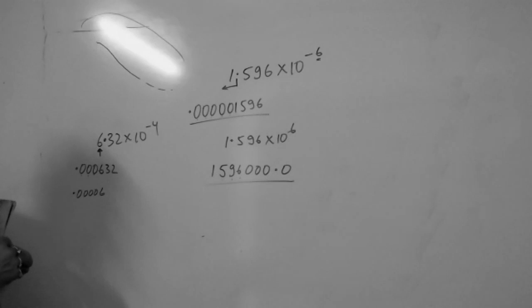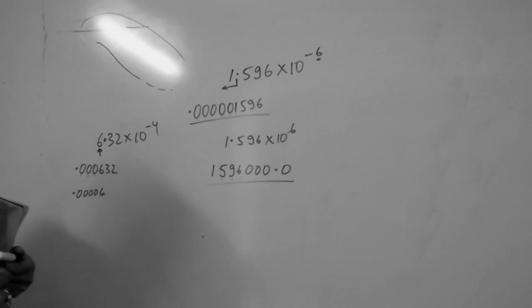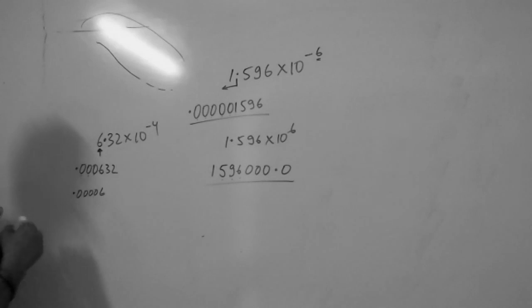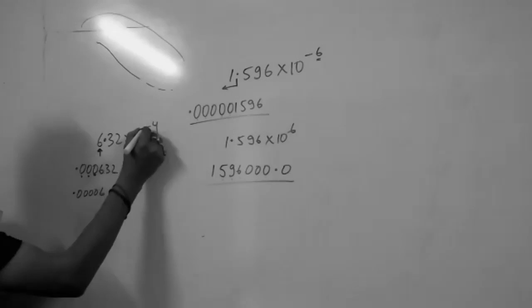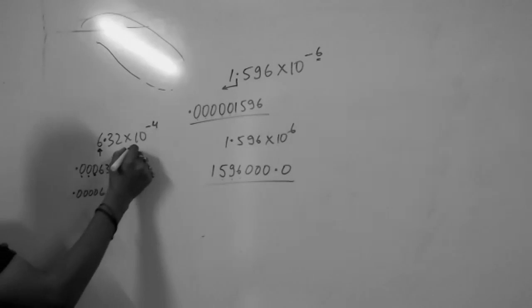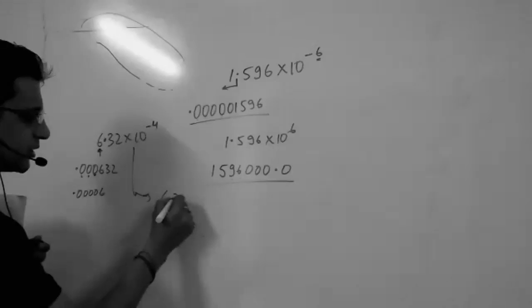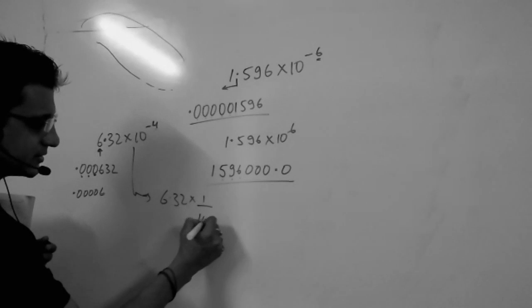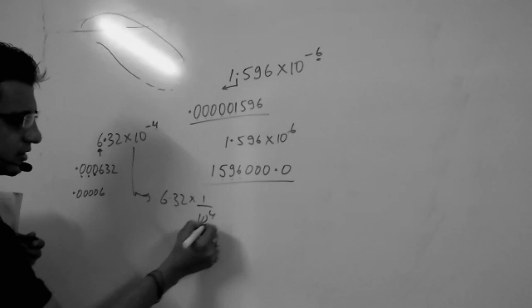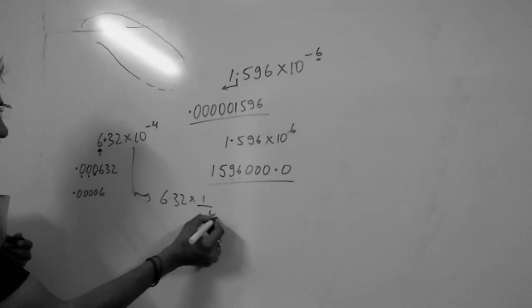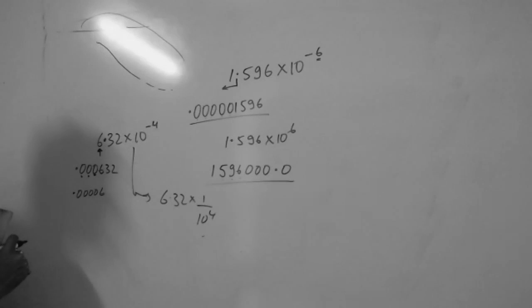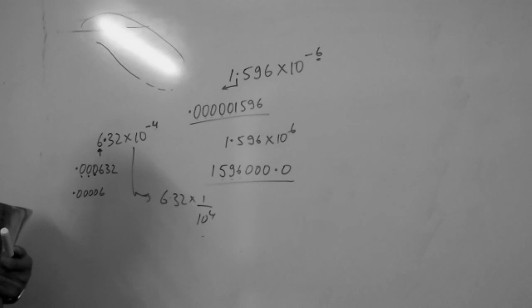Understood your mistake? Aryan and one or two others, have you done this? Yes, sir. Sorry, Arjun. This is 1 step. After that 2, 3, 4. And you have to go left hand side because this is negative. For your understanding, 6.32 into 10 to the power minus 4 is the reciprocal. So when you are dividing 6.32 by 10 to the power 4, will the number become less or more? Chetna?